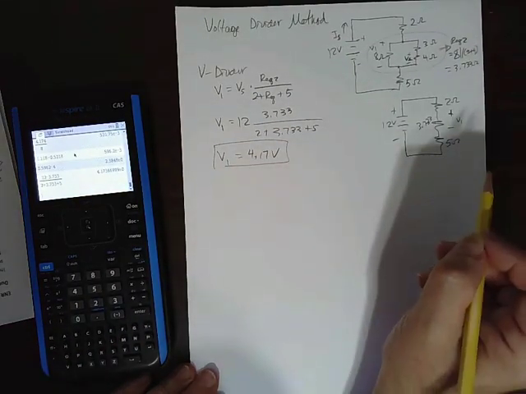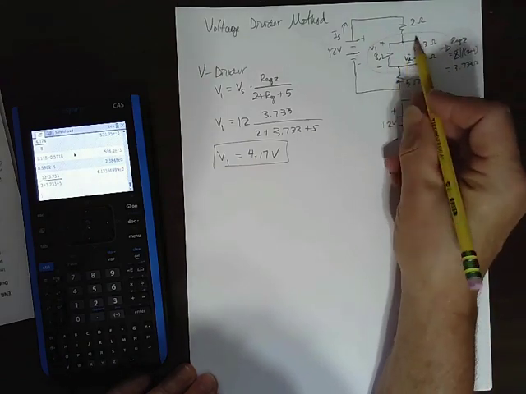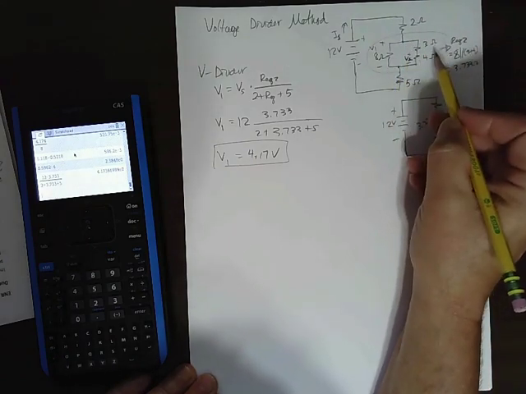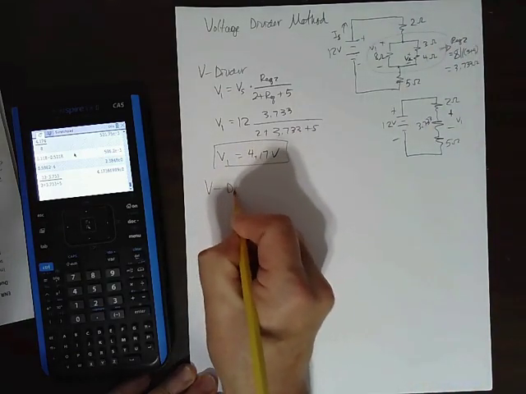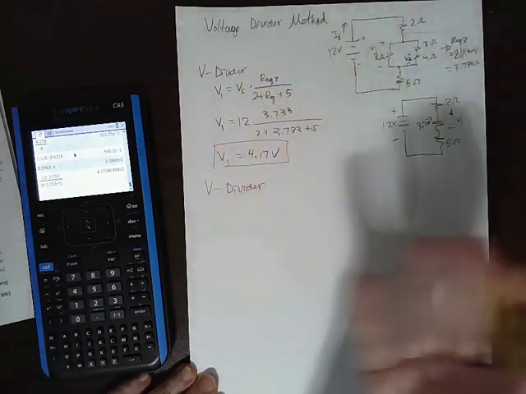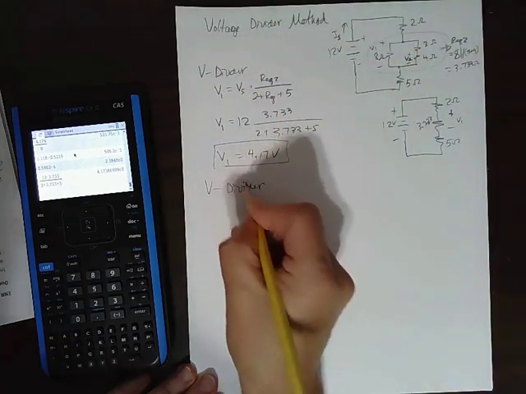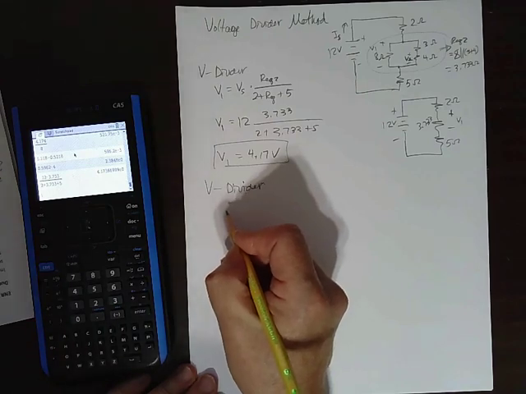Okay, now what about V2? Well, now looking at this circuit, we know V1 is the voltage across these two resistors, right? And V2 is the voltage of just one of those, so we can do a voltage divider again. And remember, voltage divider just comes from Ohm's law and KVL kind of stuff. It's no magic. It's just a shortcut because somebody did this math so many times, decided to make an equation